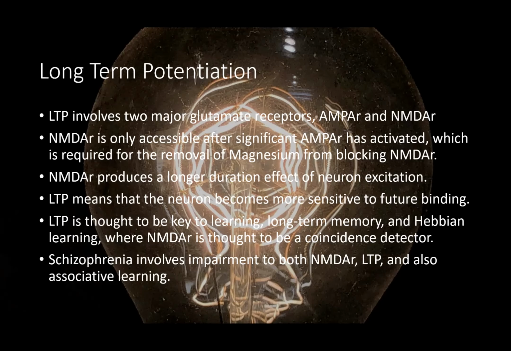And when the AMPA receptor is stimulated by glutamate, this opens up both the AMPA receptor channel and the NMDA receptors, so that means the magnesium can actually leave the NMDA receptor. So over time, the more that AMPA receptors are stimulated, the more the magnesium can be unblocked. It could unblock the receptor for NMDA and allow glutamate to bind at that receptor. And this has different effects.